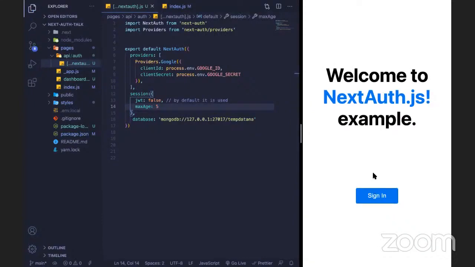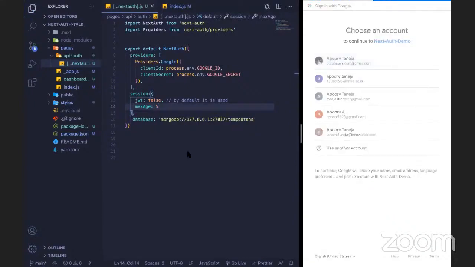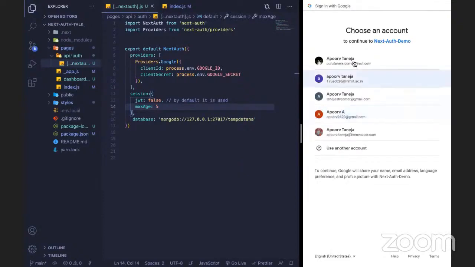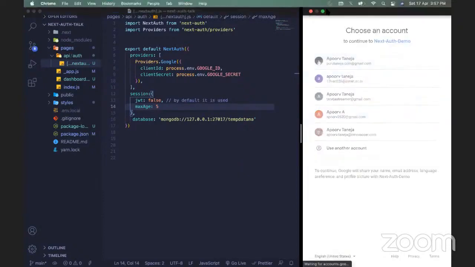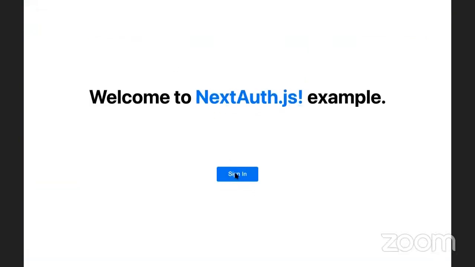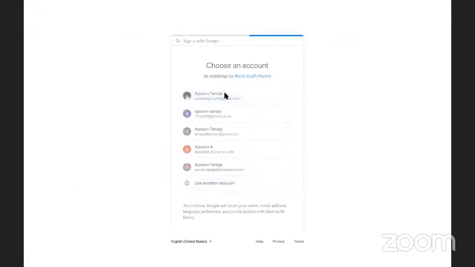I click on sign in. Yeah, so I'm on the dashboard right now. I click on sign in and log in with my account.